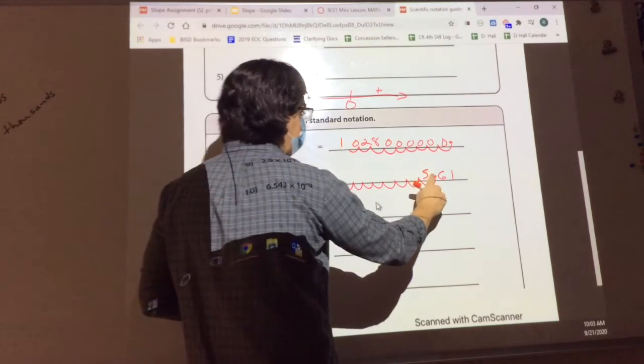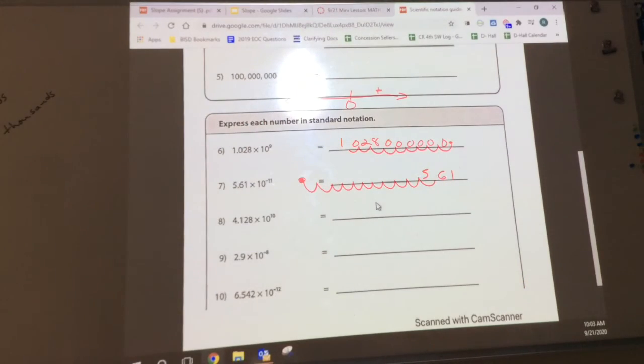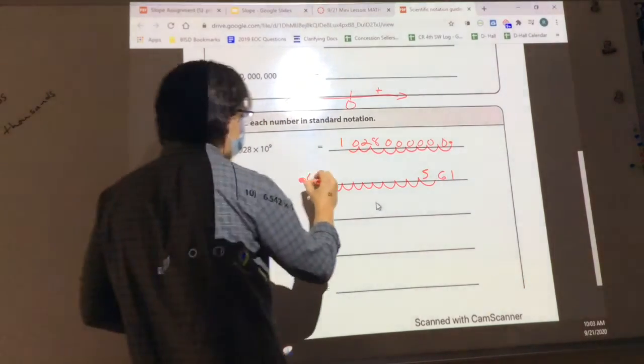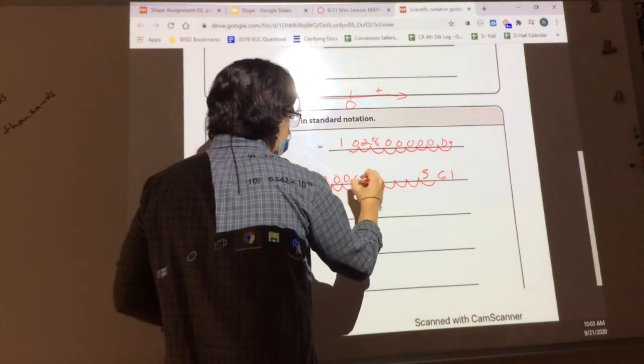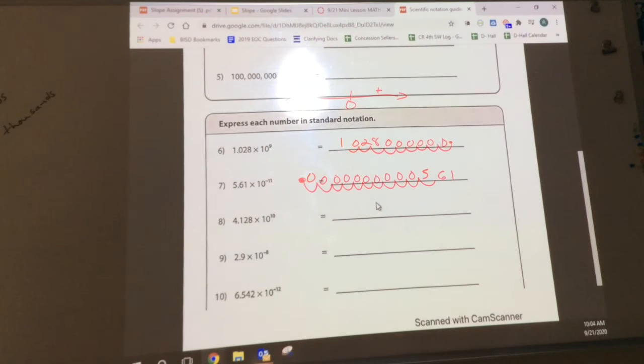And here's my decimal now. I can erase it from over here. And what do I fill all these blanks with? Rosie? Zeros. Are we okay with that? Yeah. All right, hey, you try number 3 now. You try number 3. The number is